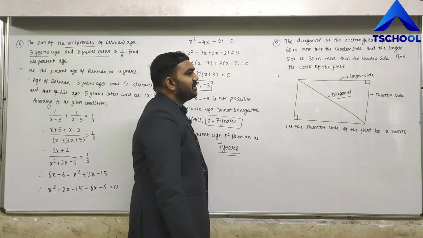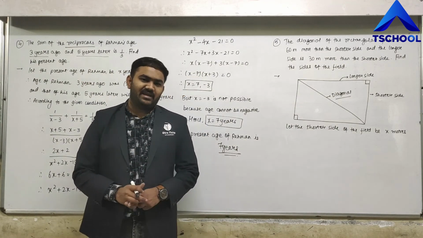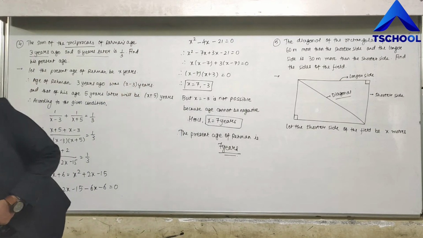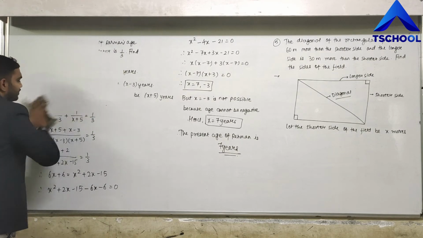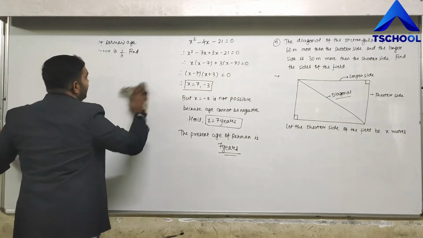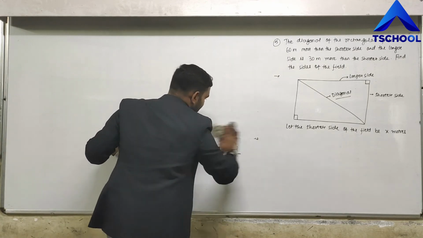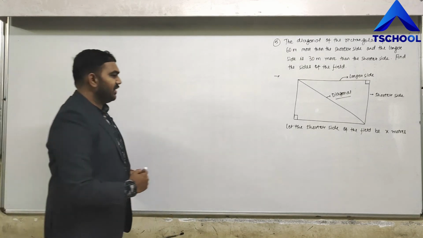We have assumed the shorter side because the diagonal and the longer side are given in reference of the shorter side, right? So we shall assume that let the shorter side of the field be x meters, so that what we can say about the diagonal and the longer side is, therefore